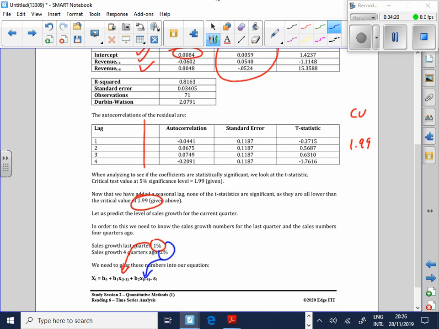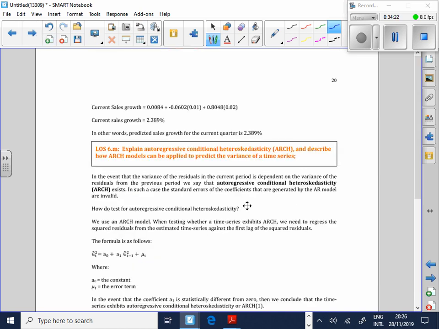Everyone comfortable? And over the page, there's just your numbers over there. If we just say to you, if you had to say, what are all those numbers? Let's go quick. Okay, that is B0, that is B1, that is B2. There's your 1%, that's the growth from T minus 1, that's T minus 1, and that is T minus 4. You comfortable with that? Really just a case of a bit of plug and play.